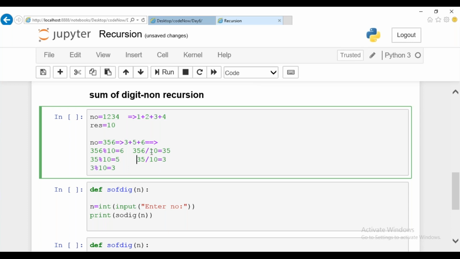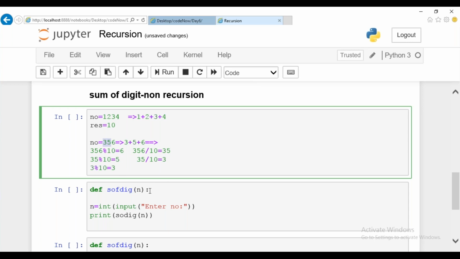Again divide the number by 10 to get 35, since for the next iteration I want the value 5. Take modulo of it and you'll get 5. You're supposed to add these numbers, and once you add them, you get the sum of digits, right?